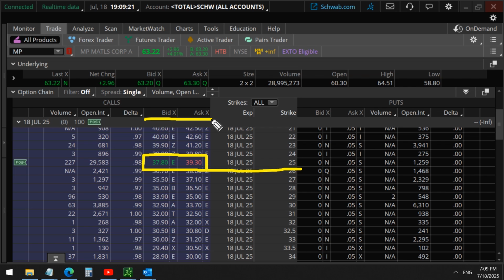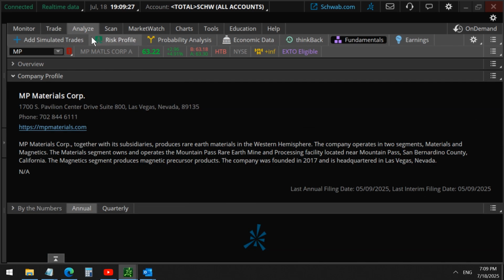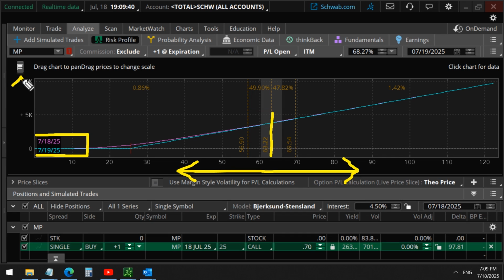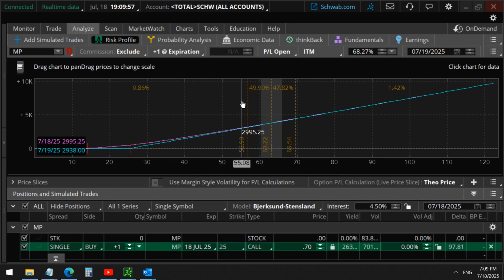And so, how much profit is this in percentage terms? Well, let's take a look at our analysis when we entered this trade using the risk profile graph, where the profit or loss shows up here, and the x-axis represents the share price of the stock, which is trading over here, and the y-axis represents the amount of profit or loss. Keep in mind, this graph already factors in the cost of the trade. That's why you can see that if the stock had dropped, it would have been a negative $70 loss per contract. But since it went up to about $63 per share,